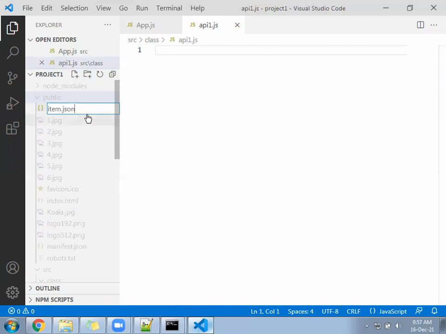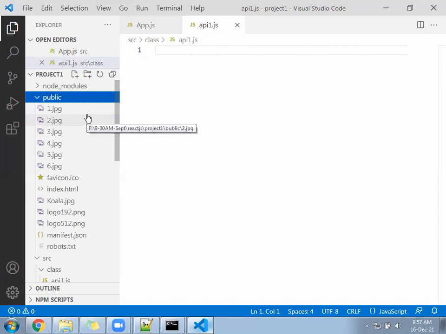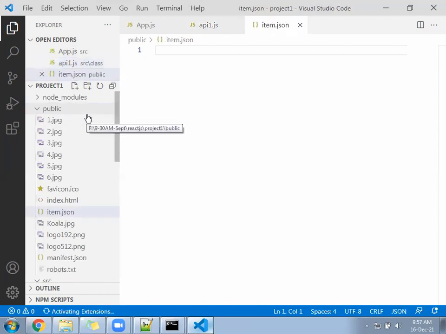item.json is ready. This item.json is going to hold some data in a single dimensional array this way.